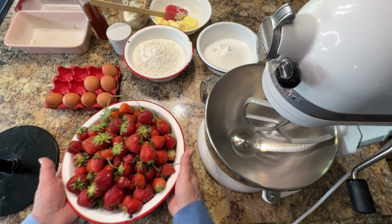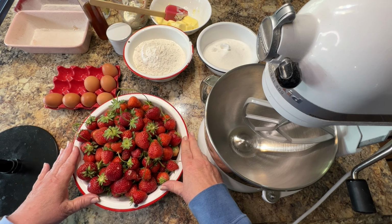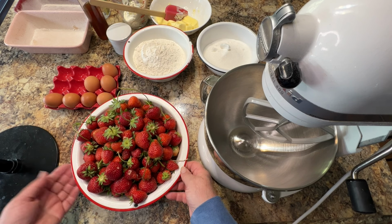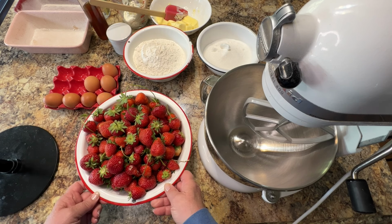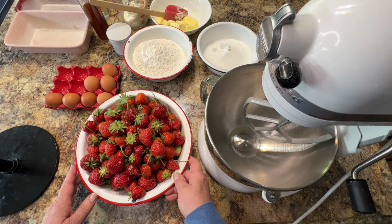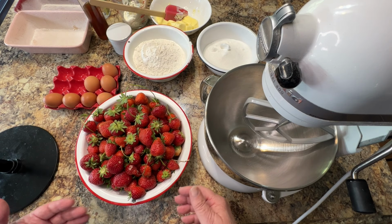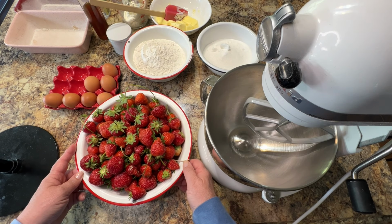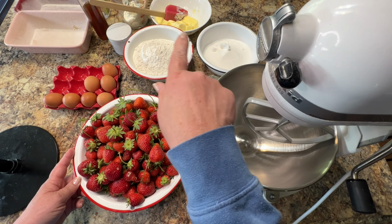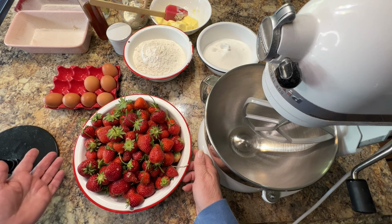Well, I want to enjoy these beautiful strawberries, and so I thought I would make a pound cake today. I hadn't planned on it, but as I was thinking, what could I make so that Andy and I could enjoy some of these tonight, I thought, well, I've made an angel food cake the other day. How about a pound cake today? And since I hadn't planned on making it, I didn't have my butter and cream cheese at room temperature, so I did use the microwave, and I got both the cream cheese and the butter softened,